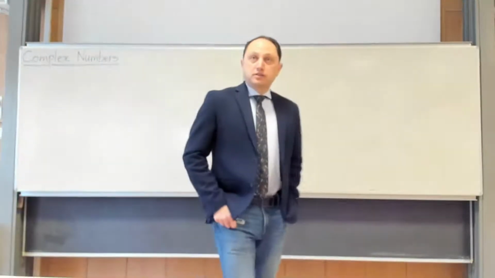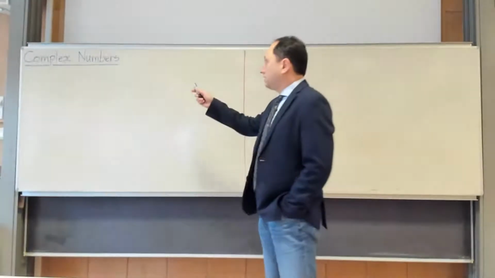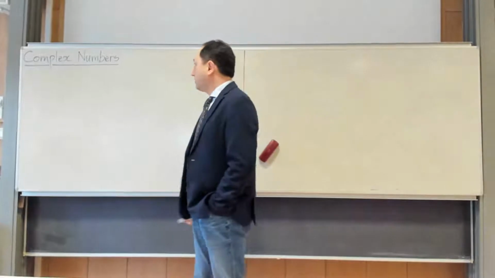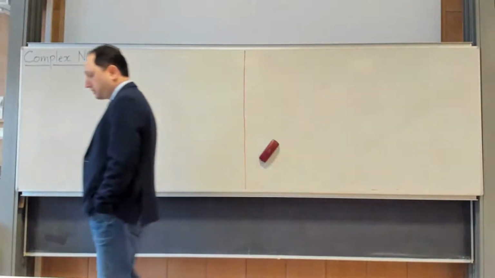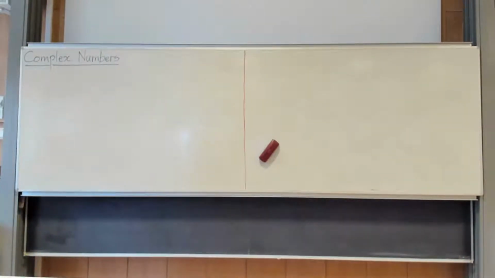Okay, so let us talk about the last topic of this chapter under the title of complex numbers. So they call it imaginary numbers, but let us see what is going on. If I want to give you a gentle motivation, the reason that we actually wanted to have some numbers with, I would say, strange properties is because of solving equations. If you want to solve polynomial equations, for example,